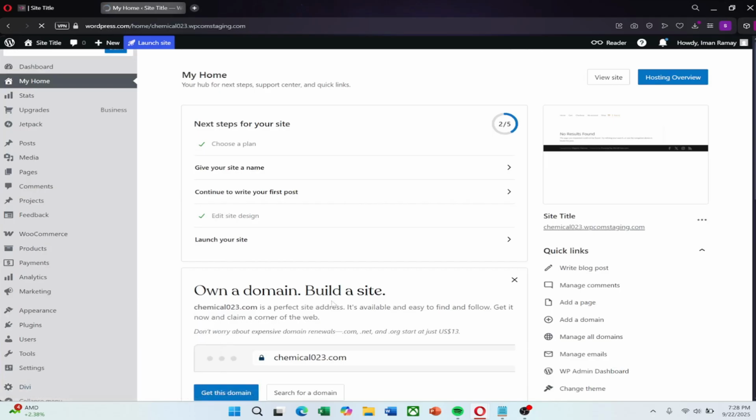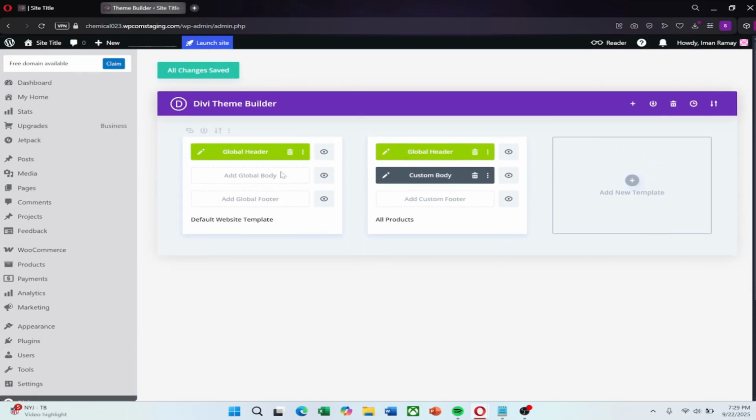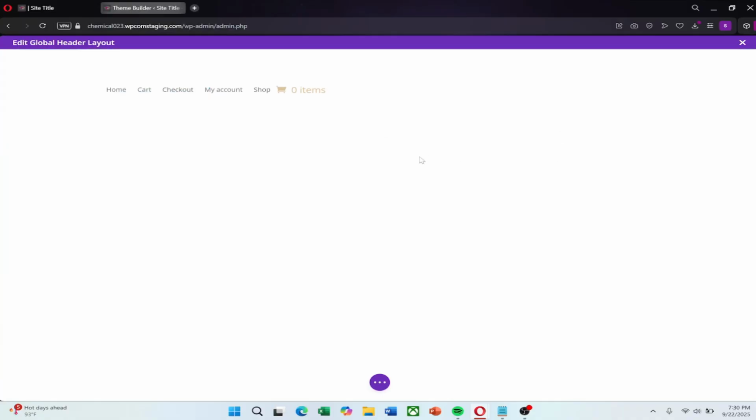Start by opening your WordPress dashboard and going to Divi Theme Builder. Here you can edit your global header or create a new custom header. Once the header is open in the Divi Builder, you will see the sections, rows, and modules that make up